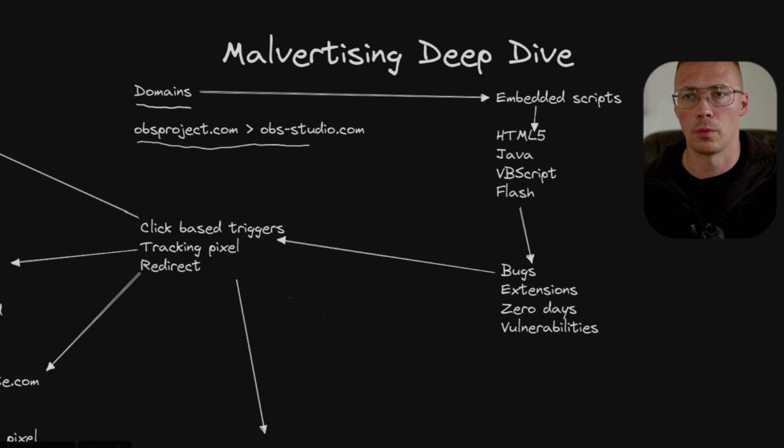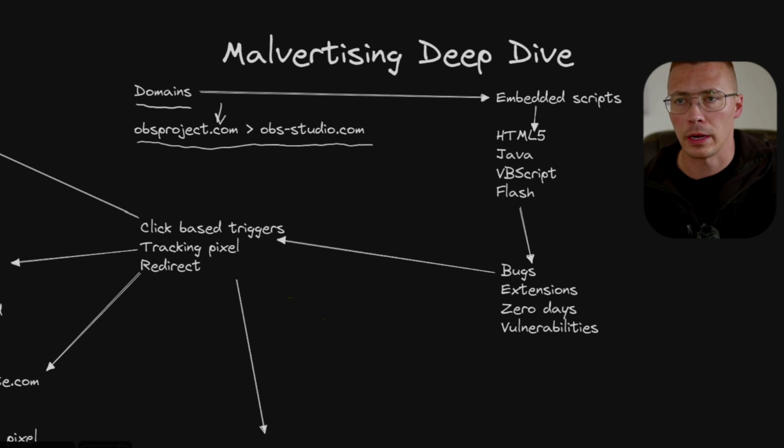Now, one of the pieces of software that was affected by this was OBS. Now, OBS's official URL is obsproject.com. And I don't remember what exactly the malware domains were that were used in that malvertising campaign, but it was something like obs-studio.com. So what people would see when they'd go to search this on Google, if you're not running ad block,